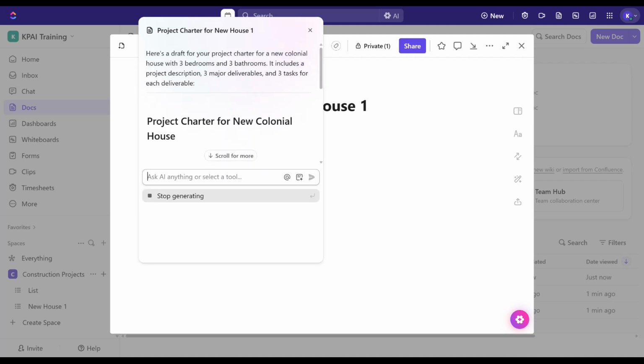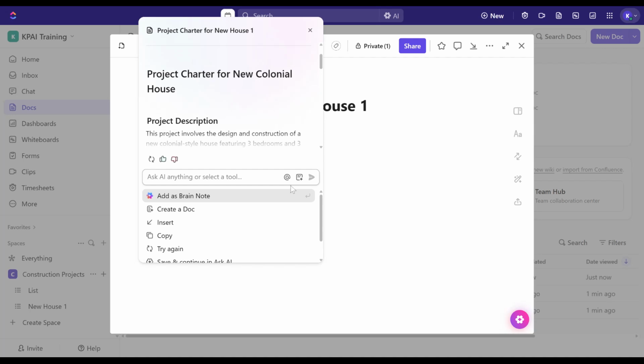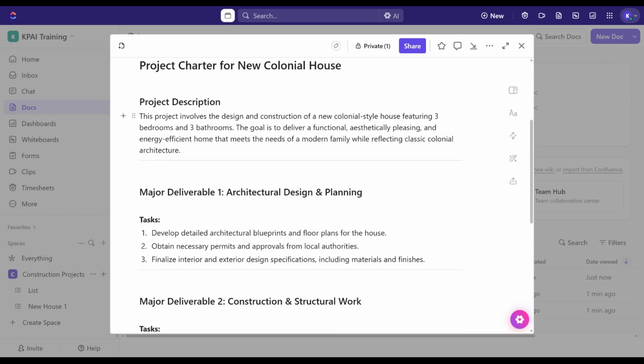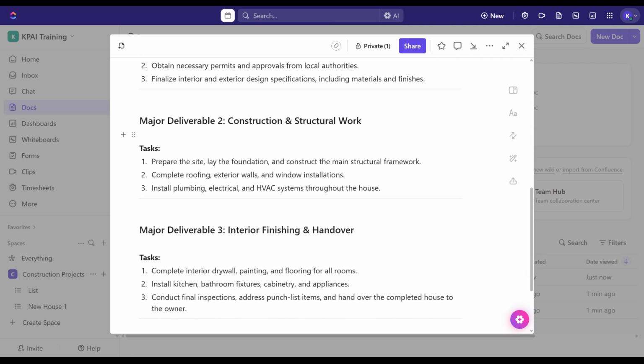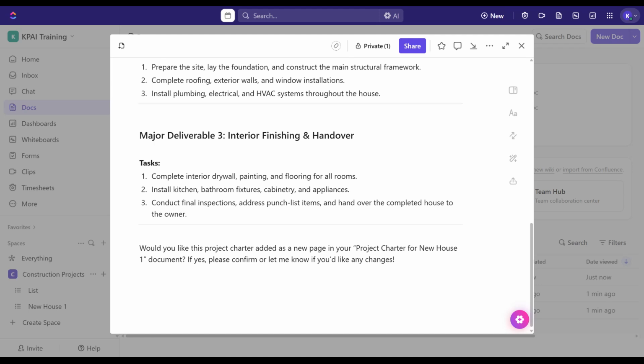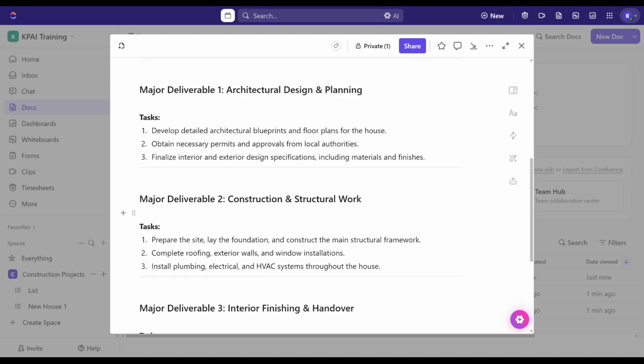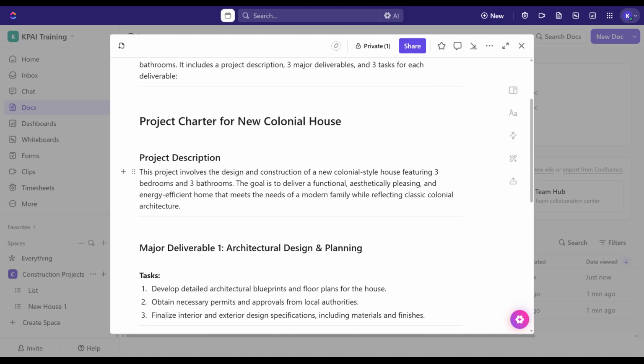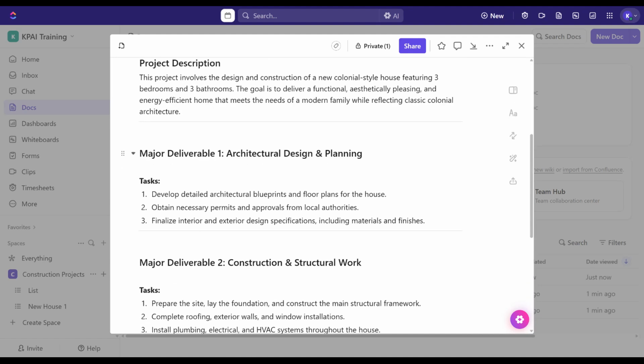And once it gives me the result, we'll say insert all this so that we can see better. So project description, major deliverable 1, 2, and 3. And then you have the tasks within each. Now, if you want to improve, you can also ask,